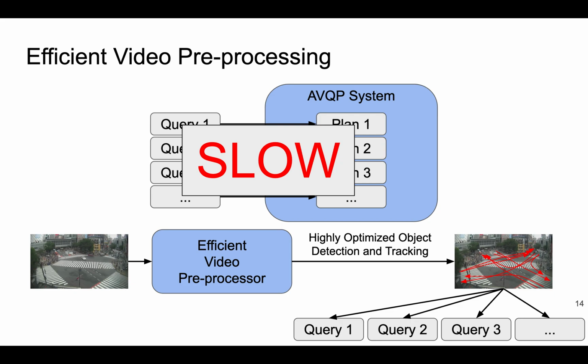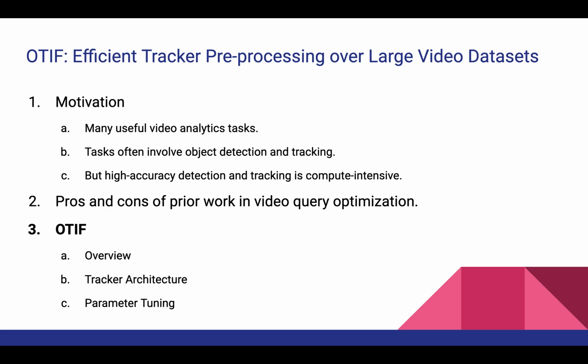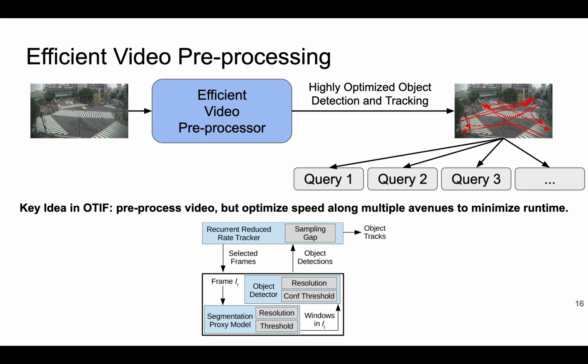But we're going to need to heavily optimize detection and tracking in order to make it not cost prohibitive. And that's exactly what we do in OTIF. The key idea in OTIF is really to optimize detection and tracking by essentially combining as many optimizations as possible into one cohesive system. So we're going to optimize speed along multiple avenues, from the object detector to the tracker to this proxy model